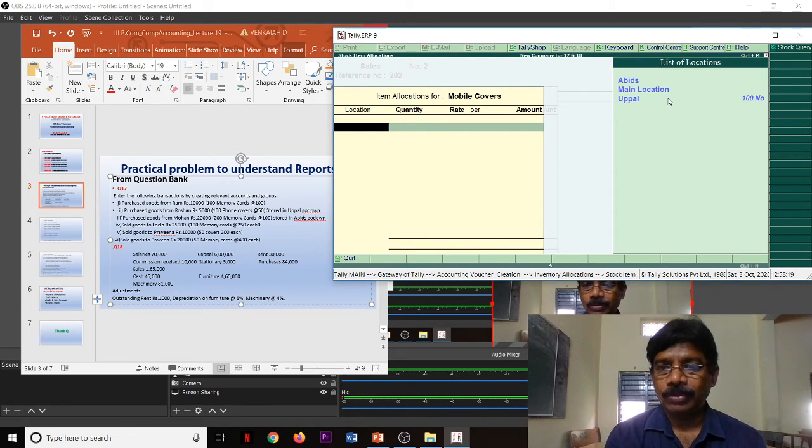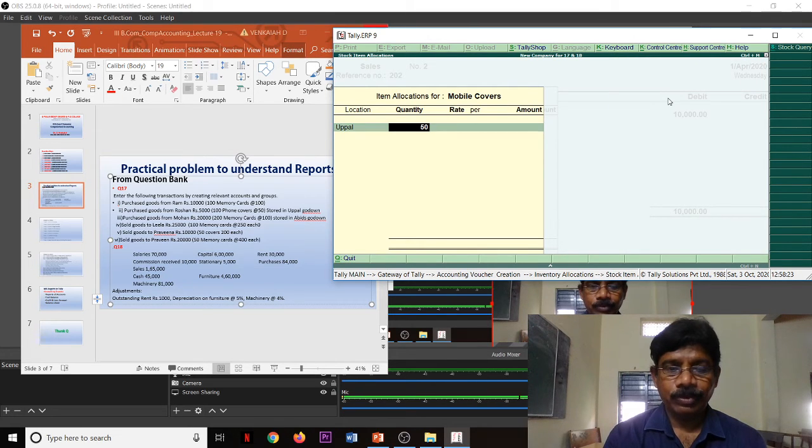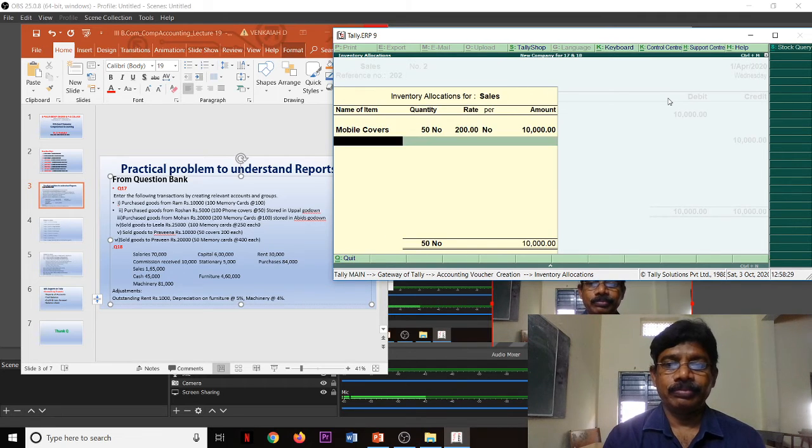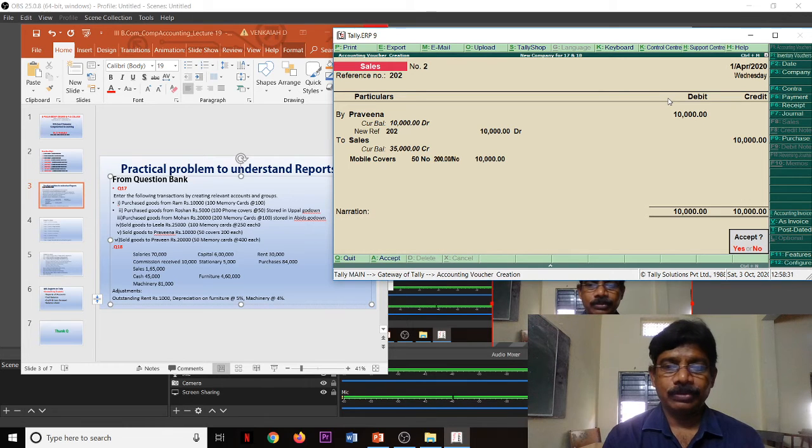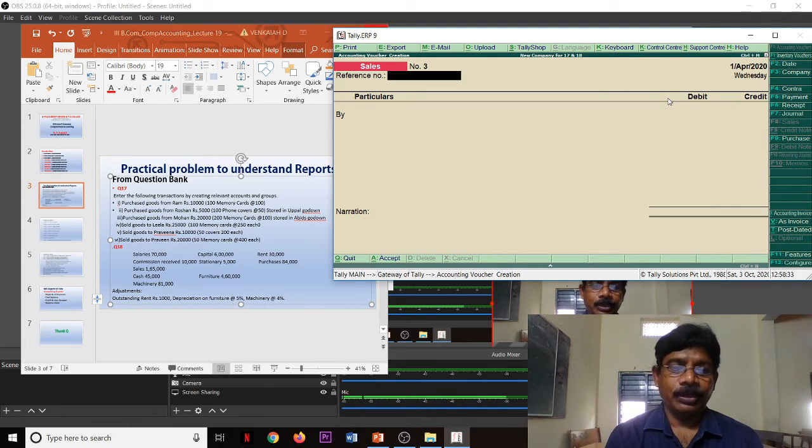Location. Covers are available from Uppal only. Quantity 50. Amount 200, 10,000. Mobile covers. Okay. Right. Next, sold goods to Praveen.